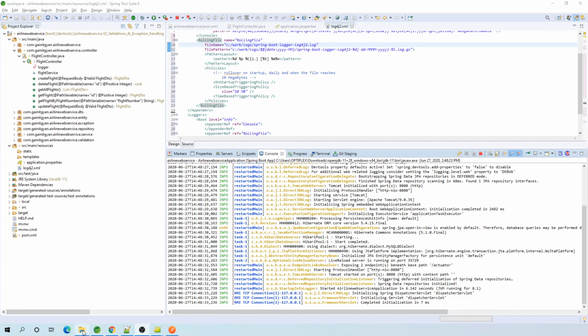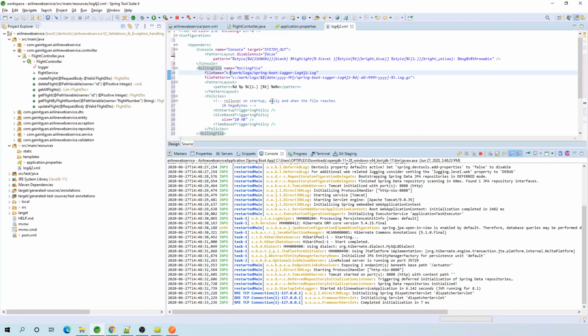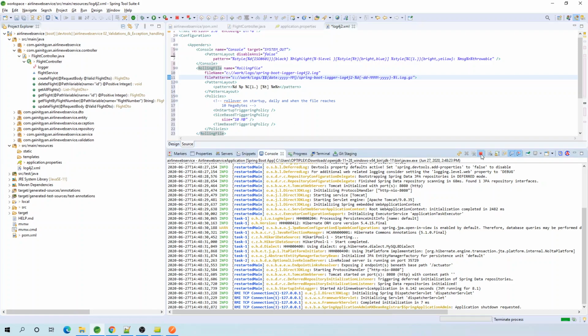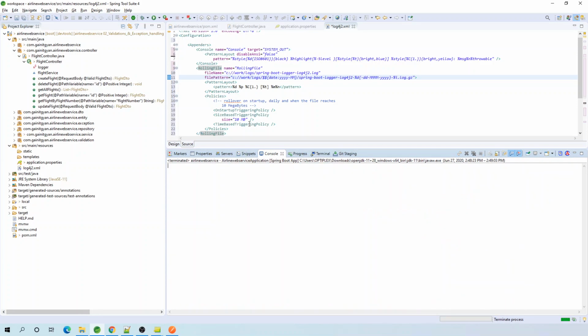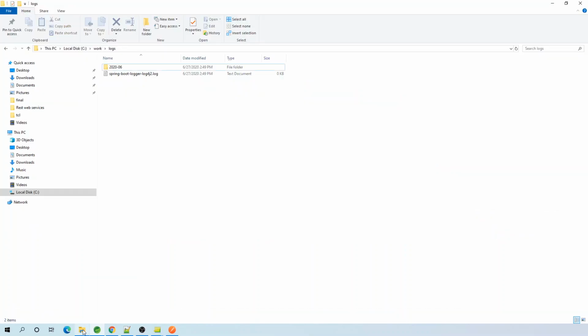Okay, the reason why it is not printing anything in my log file is with the file names here. I need to have the double slash, and let me stop the server first and then save this file and then start it again. And this time it should work. Let's see. And if I go to my work folder, you can see that the policy does work. Every time the server starts, it creates a gz file here, and the actual log file is here. Okay, let's refresh this,